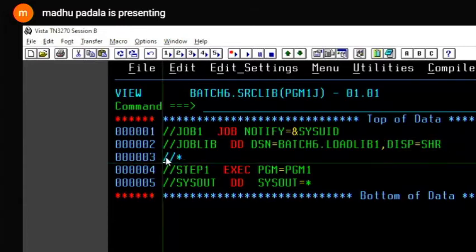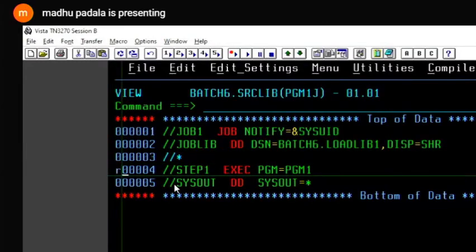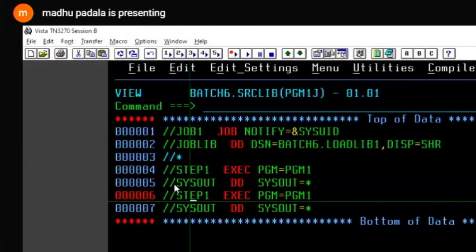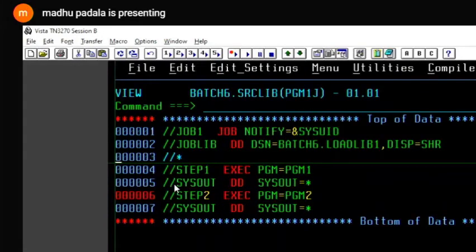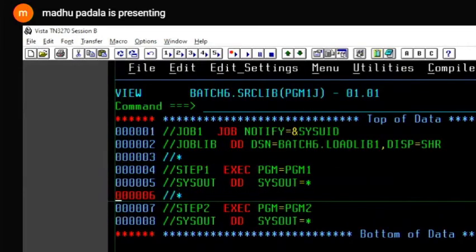Okay, so instead of giving space lines here, we give commented lines. Next, for better readability, see here, I have one more step. Which is more readable now? We give these comments in between to increase the readability.